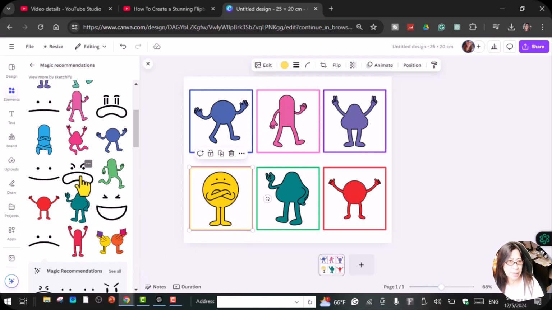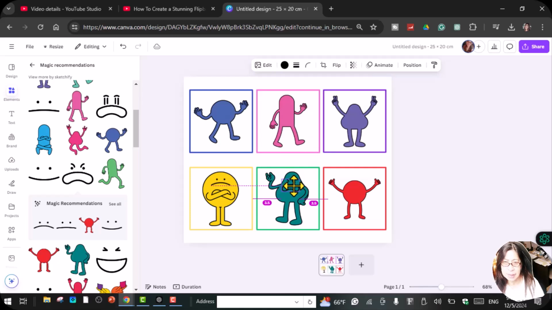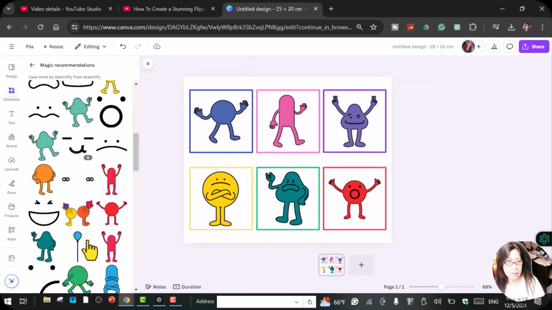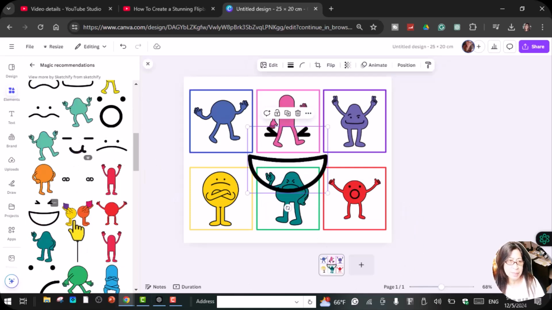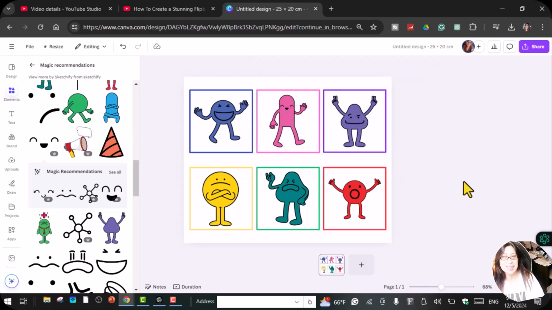So maybe this one, where you want to put him, just make it a little bit so, and just like that. And last is him. Okay, I can put him over here. All right, so you can design your own style, guys, and then you can print this and cut it and laminate it and use it in your classroom. So this is one example if you want to create a comic strip for your kids